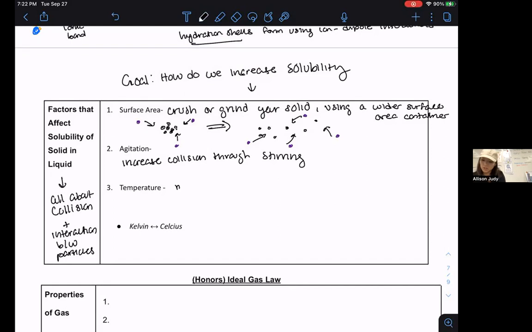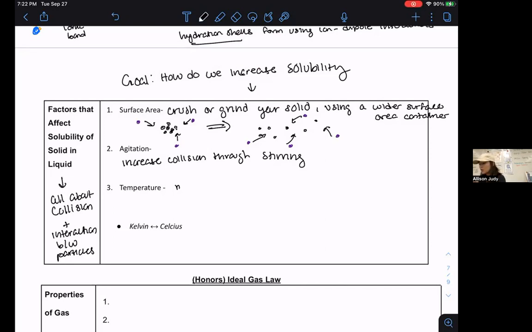Give me a second. So if temperature is a measure of kinetic energy, by increasing the overall kinetic energy of the sample, you're increasing the speed at which the particles are moving. And if you increase the speed of the particles moving, you are going to also, as a result, increase the likelihood that they're going to collide. If you increase the likelihood they're going to collide, you're going to increase the chances that the particles can mix